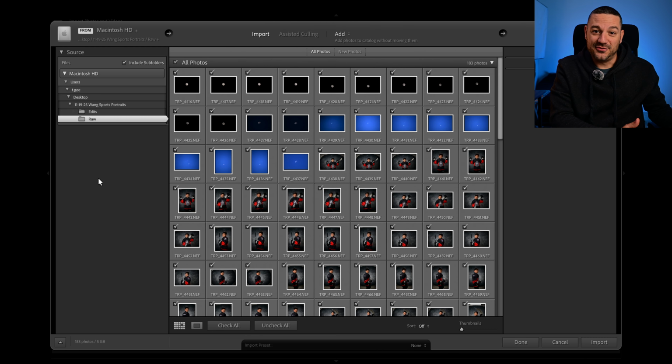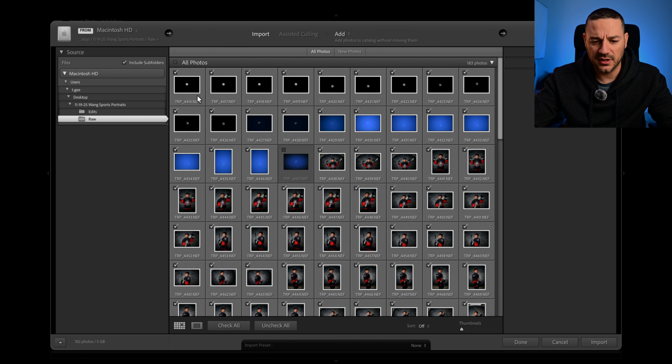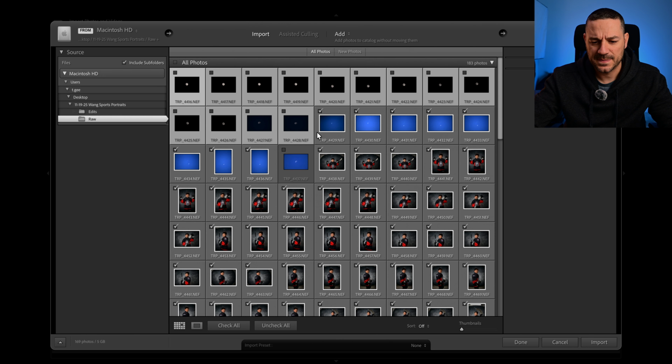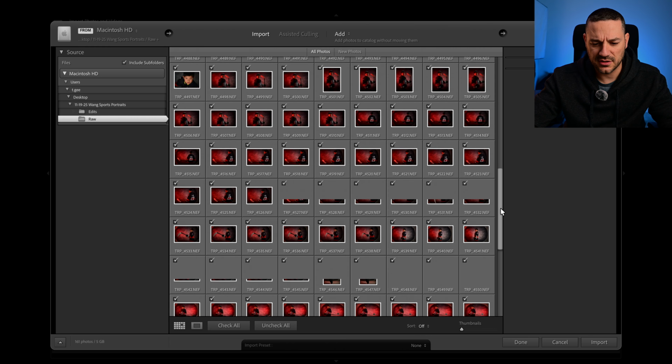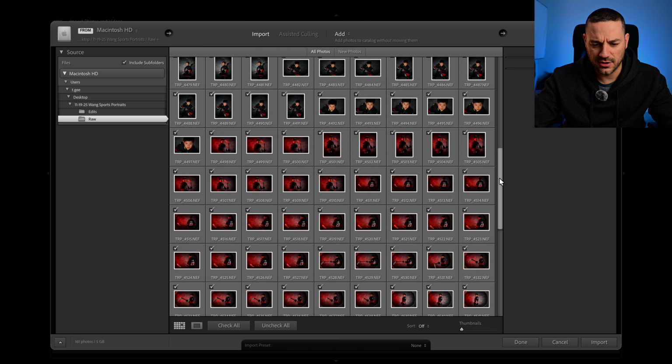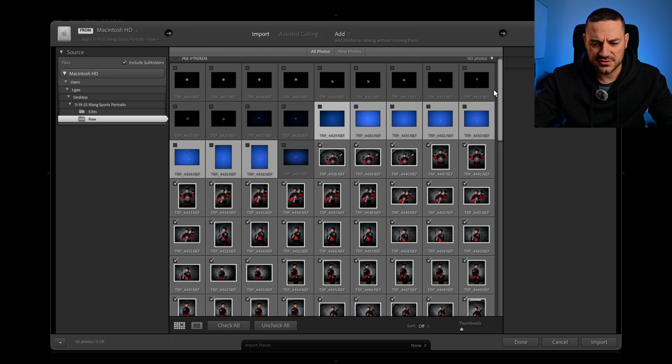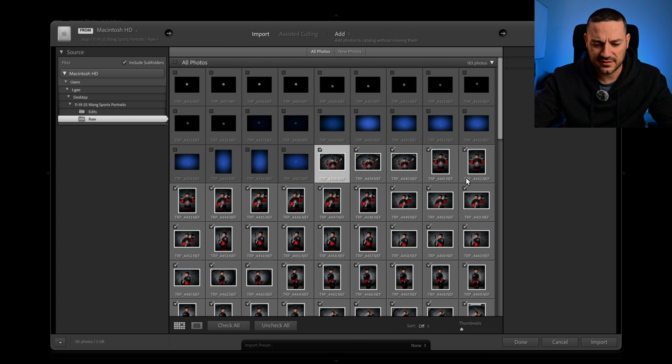I'll get to that in another video, how to import stuff from an old machine. But here, I'm going to click on all photos, but I don't actually want all photos. So I'm going to uncheck the ones I don't want, or I could just multi-select and uncheck. Obviously, I don't want these ones either. Uncheck. I don't want shots of the moon for a portrait session. Let's just go through and make sure they are all portrait session photos. They are. That looks good. Okay, so all of the ones that are checked, there are 161 photos total, and we're going to go ahead